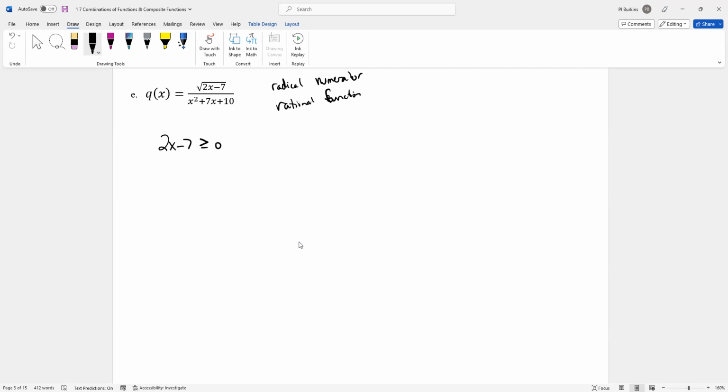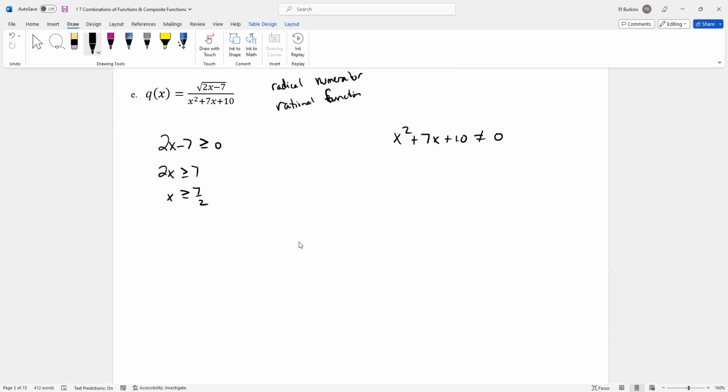Let's go ahead and solve that. So that's 2x greater than or equal to 7, x greater than or equal to 7/2. Right, so I just added 7 and divided by 2. So that's my restraint due to the radical. What about the denominator? Well, the denominator is not allowed to be